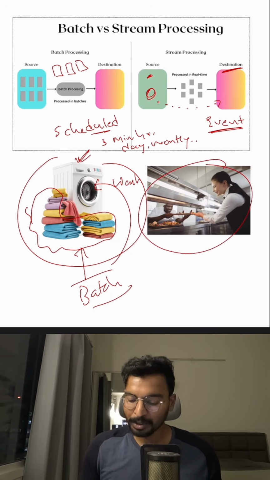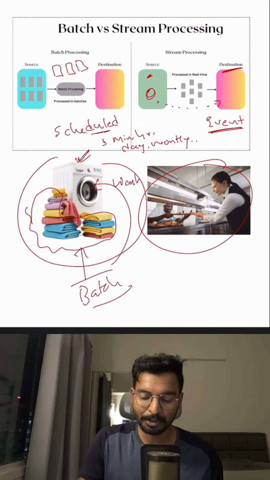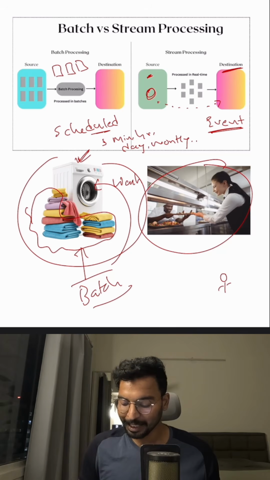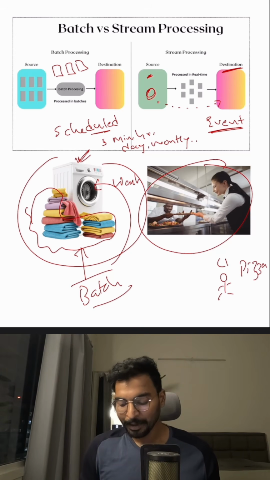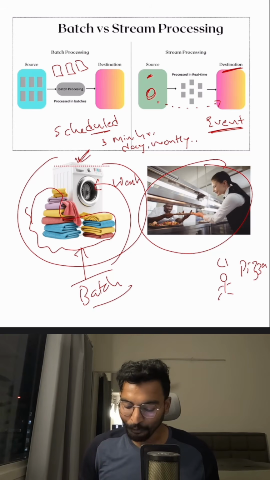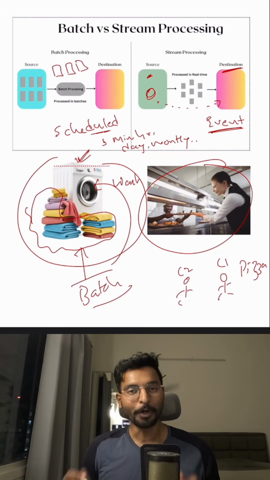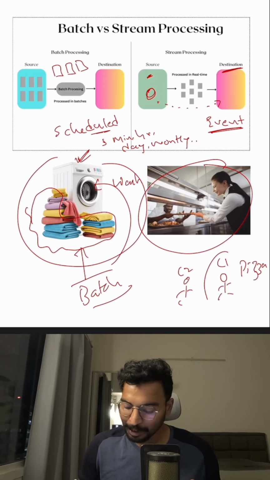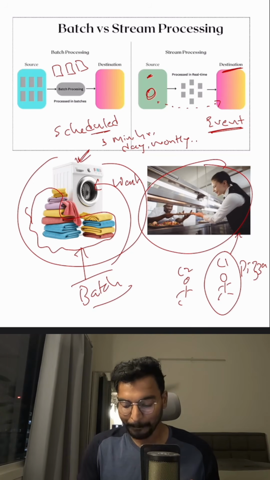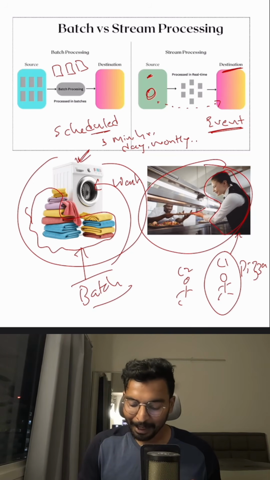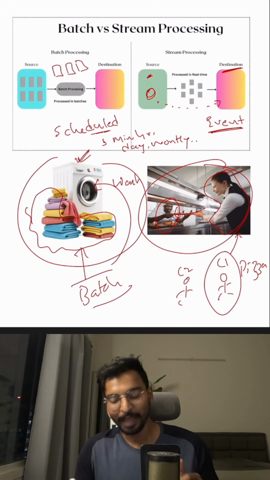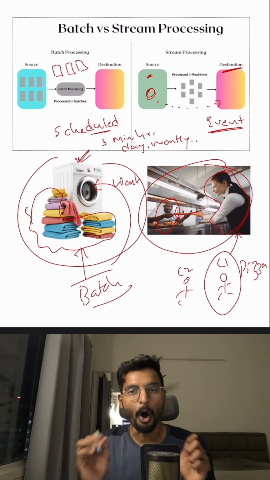Similarly, a kitchen is a good setup for stream processing. Let's say there is an order from customer 1, who wants to order pizza. He doesn't have to wait for all the customers to order pizza. Rather, his request is processed by the waiter and passed to the chef in the kitchen, and the request should be processed in real time.